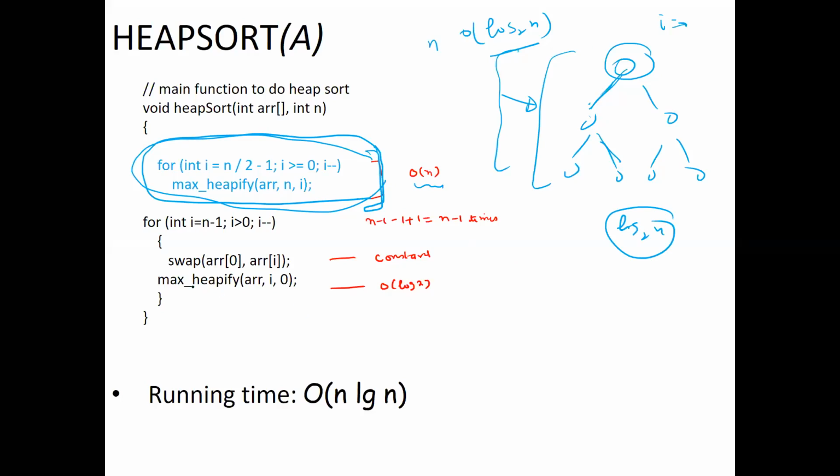But on average, if you are applying max heapify function for the 0th index, on average, otherwise से कम ही होगा, this takes order of log to the base 2 n comparisons one time if it is